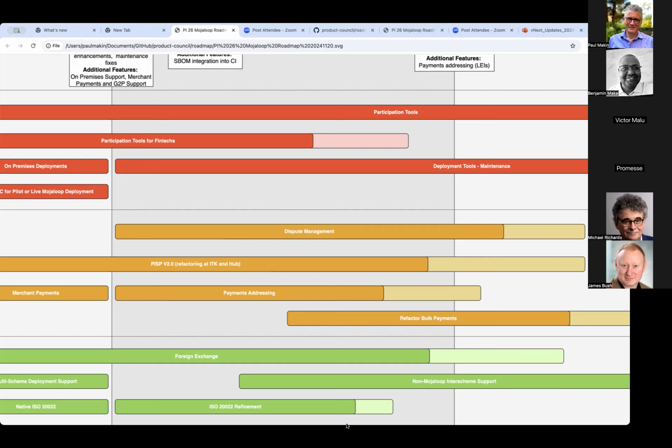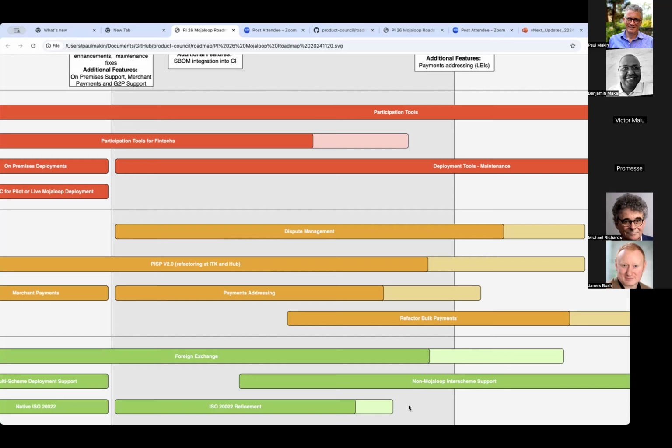The payments addressing workstream is something that we've been talking about for some time. It's taking over from the merchant payments workstream, but it's not just focused on merchant payments. This workstream is going to be a collaboration with Glyph, so looking at LEIs for payments addressing specifically for business P2B or P2M payments, but also looking at cross-border merchant payments as well.